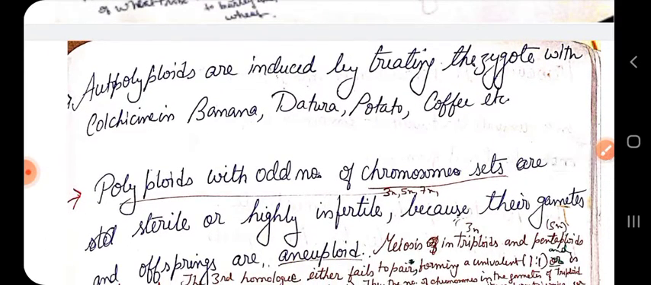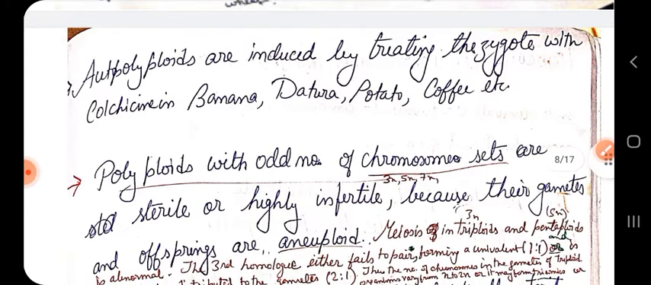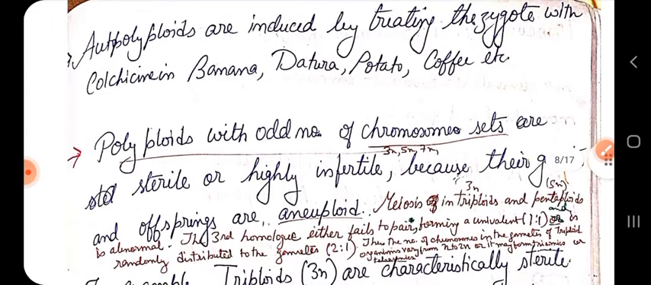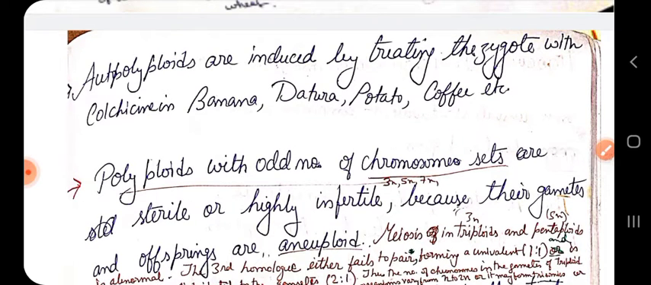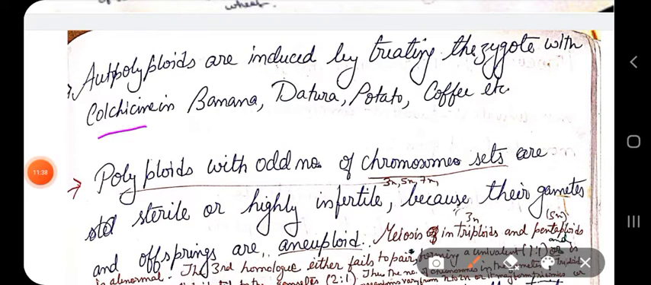Autopolyploids are induced by treating the zygote with colchicine. So nowadays we can induce autopolyploids by treating the zygote with colchicine, such as in banana plant, in datura plant, potato plant, and coffee, and many other crops as well. Now it is saying one important thing, that by using colchicine we can form these autopolyploids, because colchicine